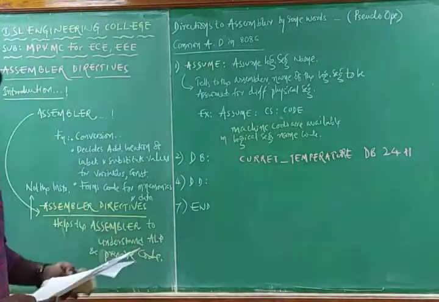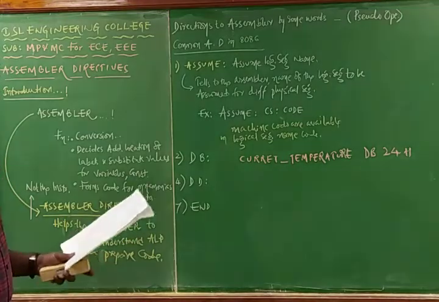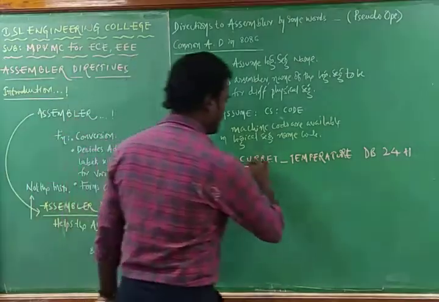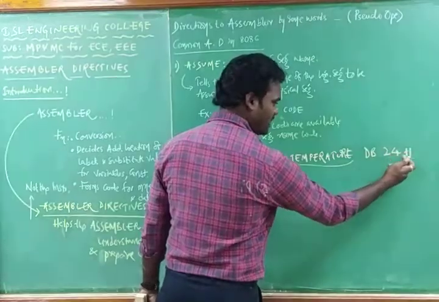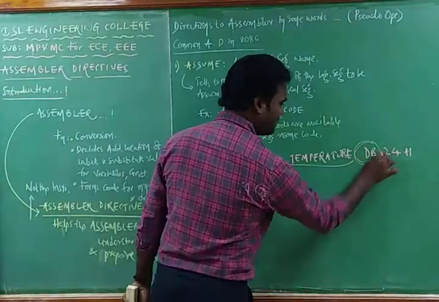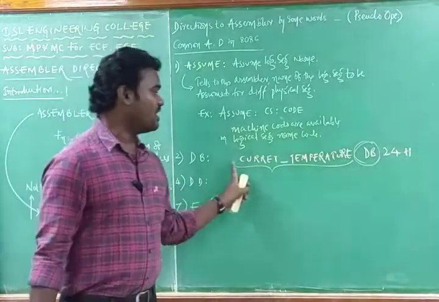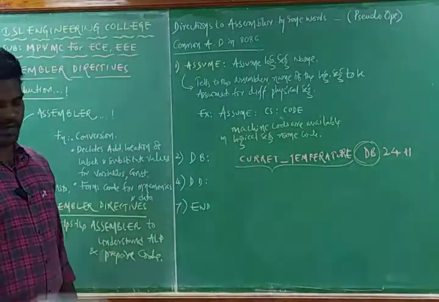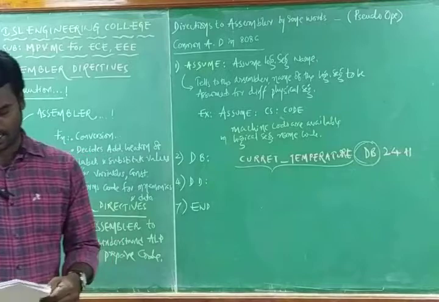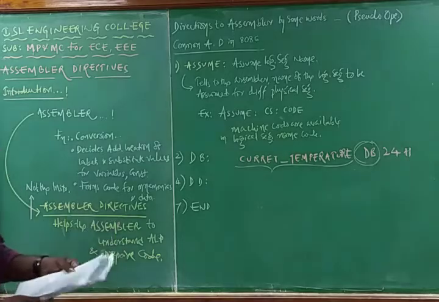In this example, the define byte directive tells the assembler to reserve 1 byte of memory for the variable named current temperature. That means the current temperature is 24H, a hexadecimal number, and DB directs the assembler to reserve 1 byte of memory for a variable named current temperature, to store the value 24H. Define byte is completed, and the next one is